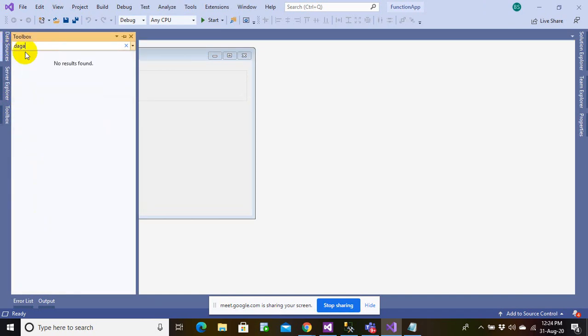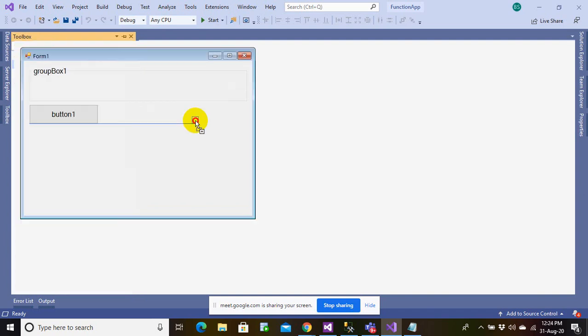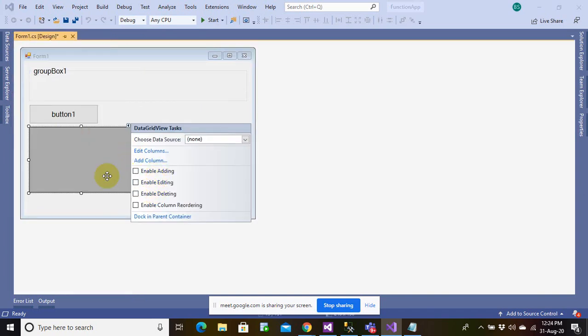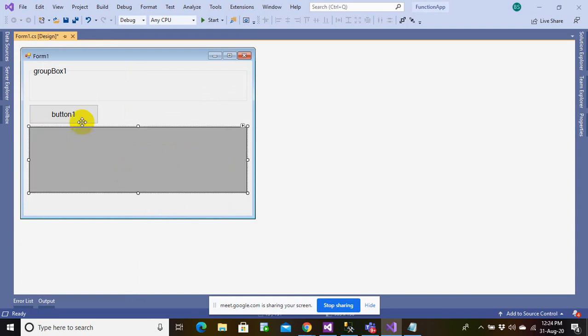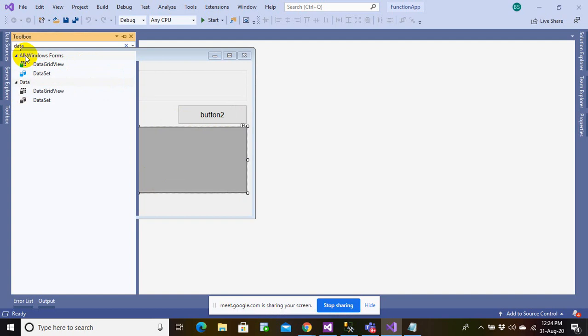Let me take a data grid view. Let me take some label.